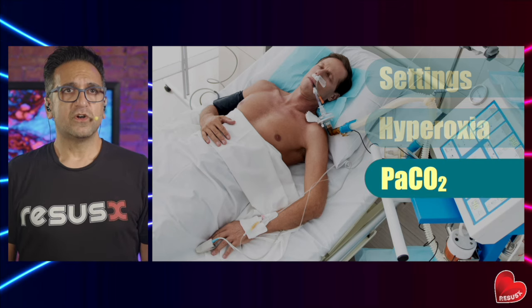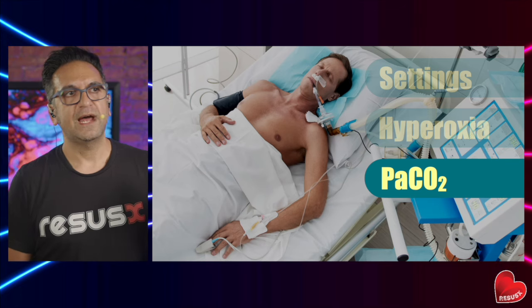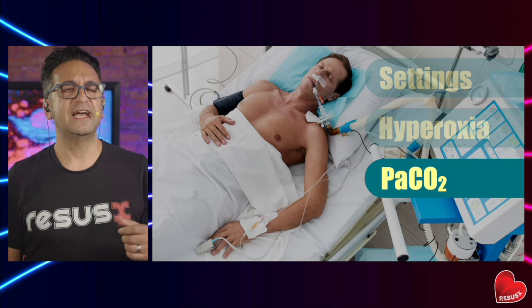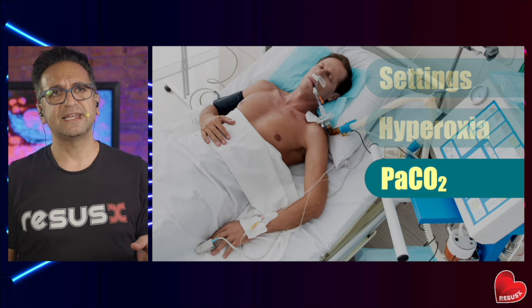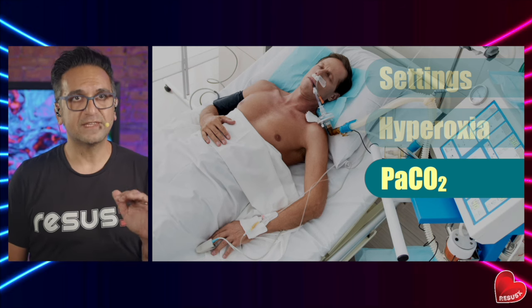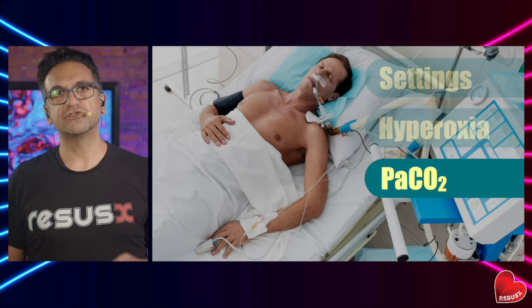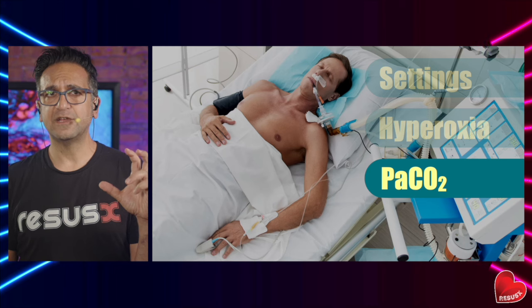The PaCO2 is also important. If you have too low PaCO2, what happens is the person is going to vasoconstrict. And if the PaCO2 is too high, they're going to vasodilate. This causes problems with intracranial pressures. So you just want to get it right. Go for like 40, 45, 50 at the most. You want to be somewhere in the range so that there's not too much vasoconstriction. We don't want to hyperperfuse the brain, and we don't want them to be vasodilated where there's an increase